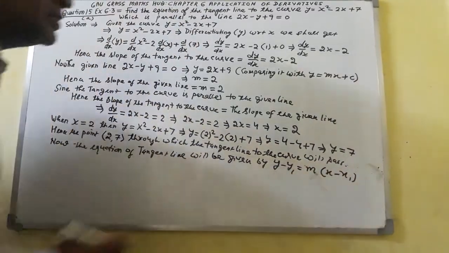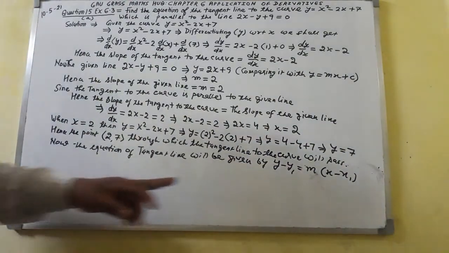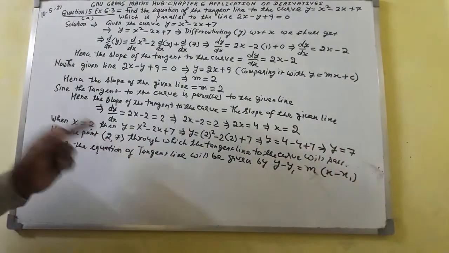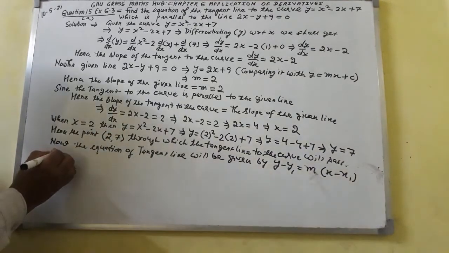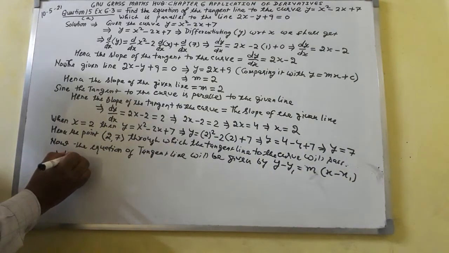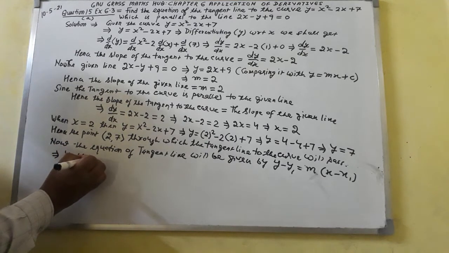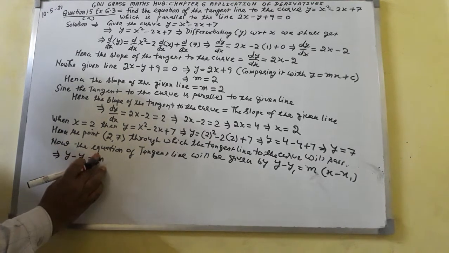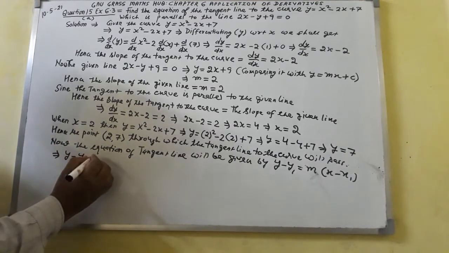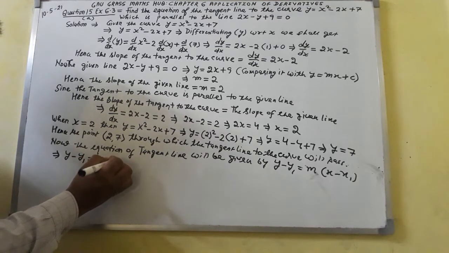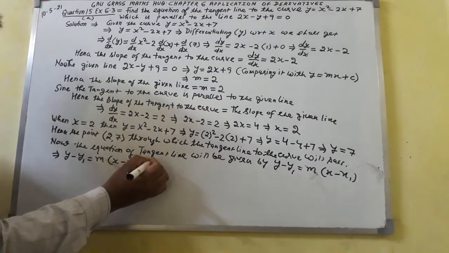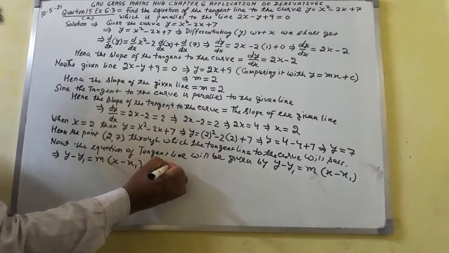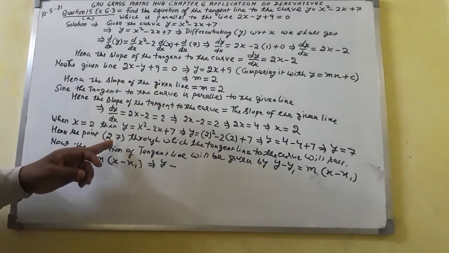And now in place of x1 I shall take 2, in place of y1 I shall take 7. So here I shall write y minus y1 equal to m in bracket x minus x1. Again I shall write y minus y1, in place of y1 I shall write 7,